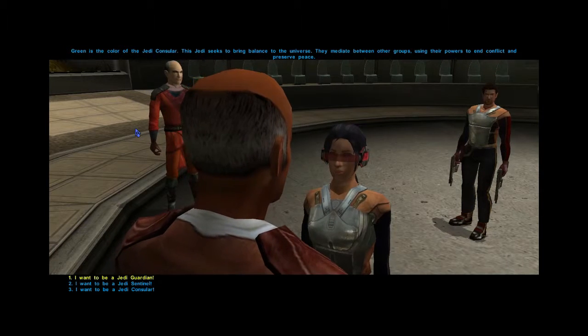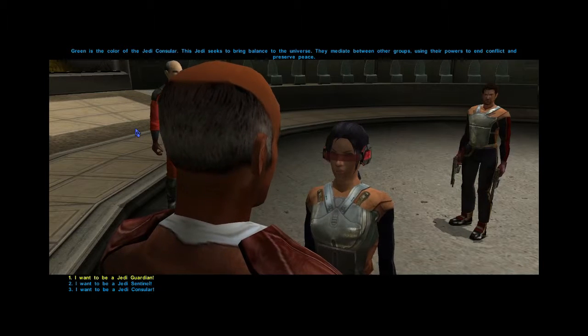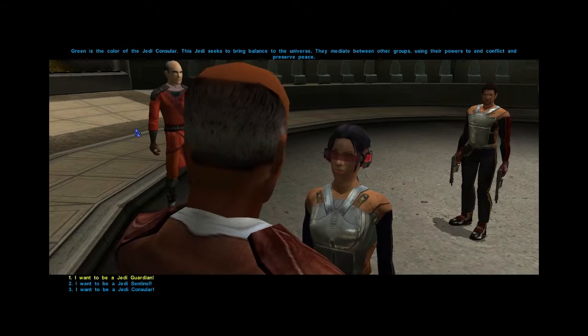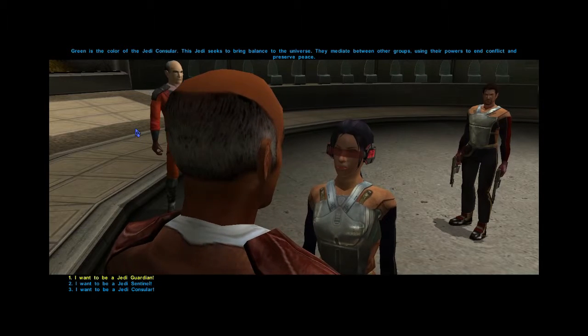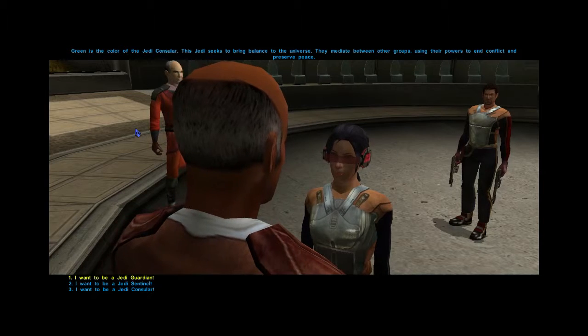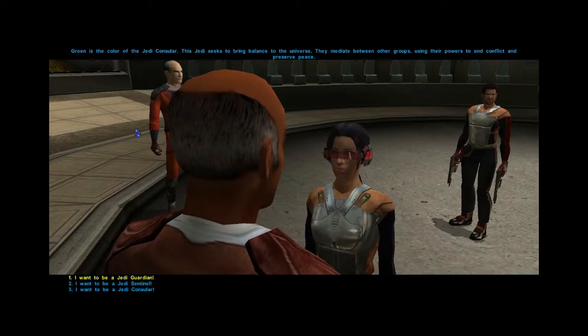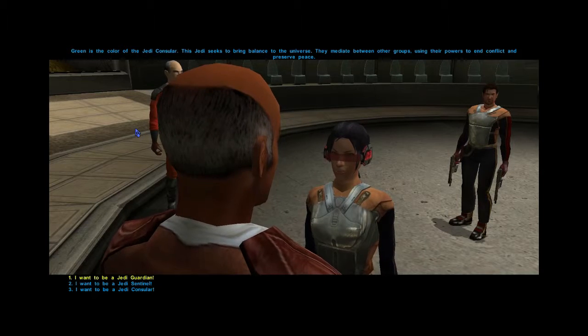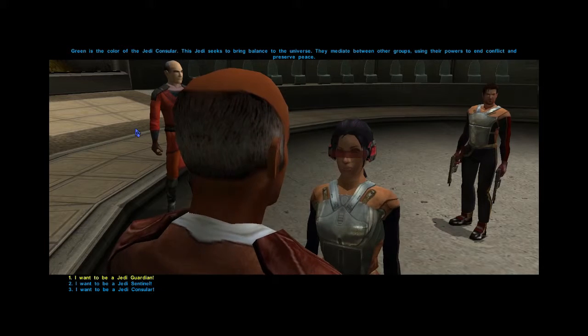I would probably choose a soldier Consular build, honestly, because you get a lot of health from being a soldier, and then even as a Consular, you're still going to get a decent amount of health. 6 points a level is not bad. It's just not as much as the 10 for a Guardian. You can heal yourself using your force powers, so that makes it nice and easy. The Guardian would also be a good choice just for those +4 attack points, if nothing else, and the leap